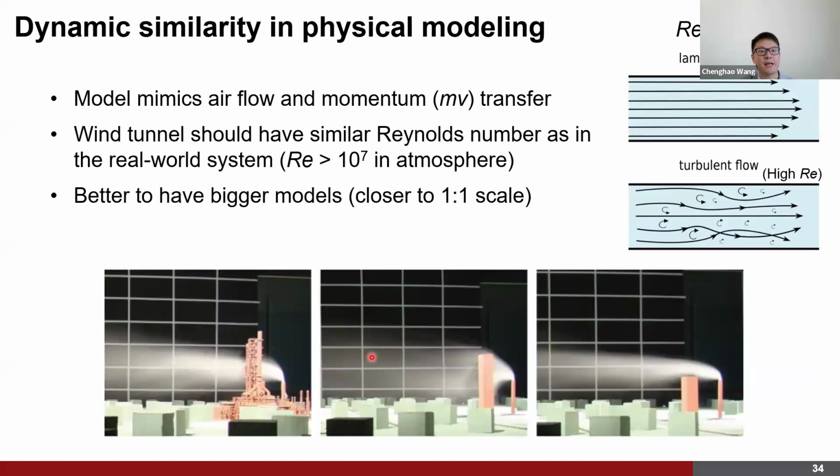The second one, dynamic similarity, requires the model to mimic the airflow or the momentum transfer. A rule of thumb is that we need to make sure the flow in the